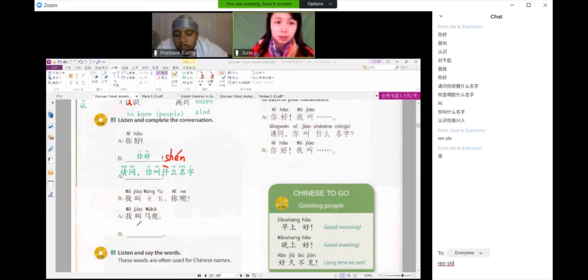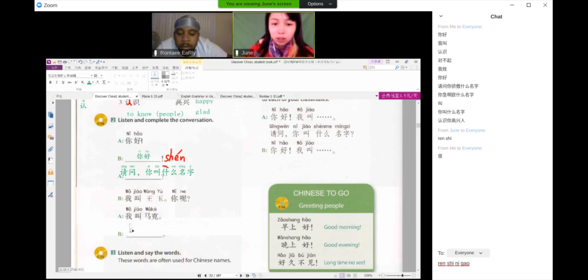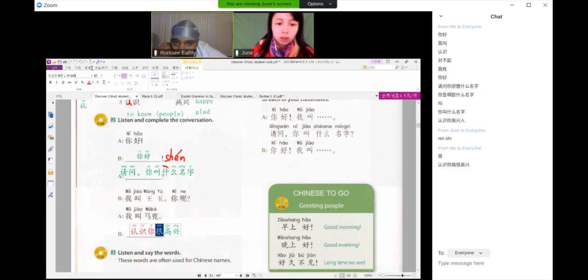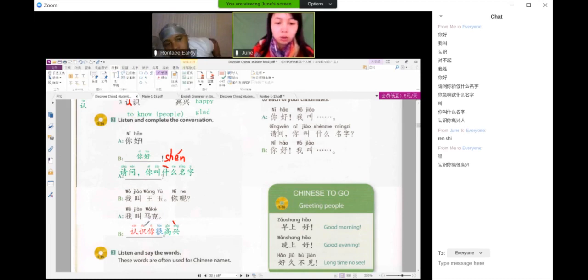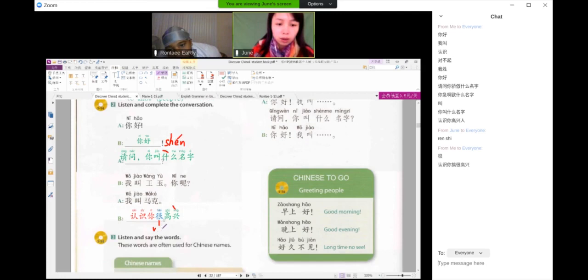Don't forget 很. 认识你很高兴。很高兴, very glad. So 很 means very. 认识你很高兴。Yes, the pinyin is not correct here but I would correct it. So 认识你 is to know you, 很 is very, 高兴 is glad, so you need to type 很 first. 认识你很高兴。